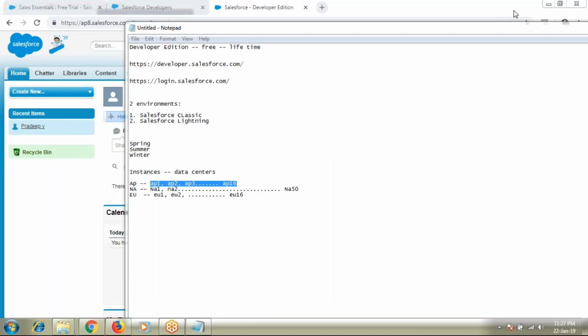Hi Pradeep, this is Swati. Can I know something more about the data center? What is an instance and what is a data center? Okay. So when you see Salesforce practically, as we have learned, Salesforce is on the cloud, which means Salesforce is on the internet. Since it's not an internal data server, it's not so easy for the Salesforce database to control the incoming traffic.